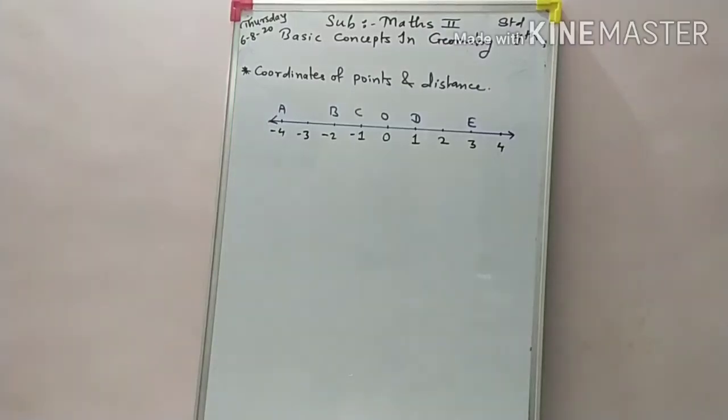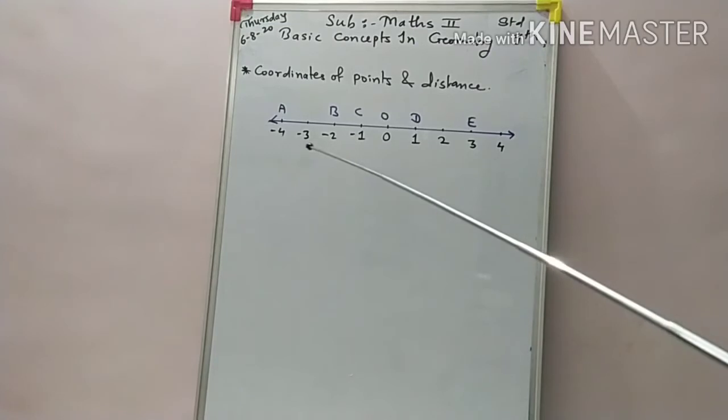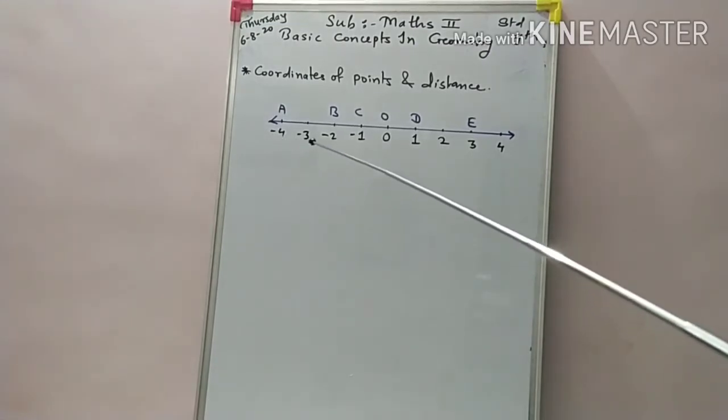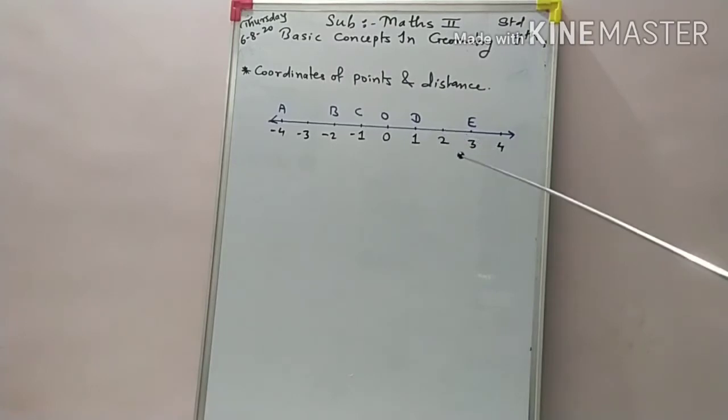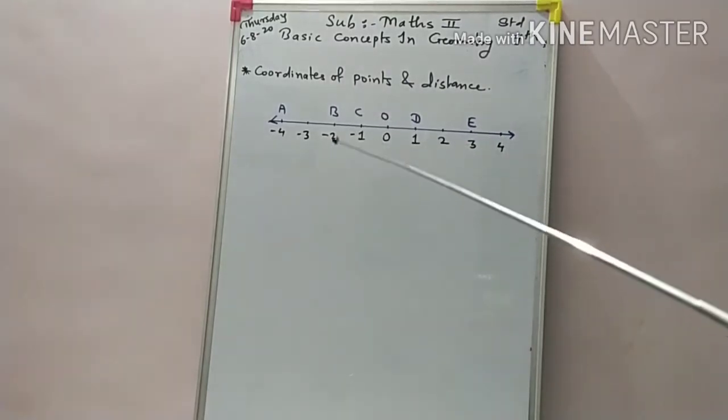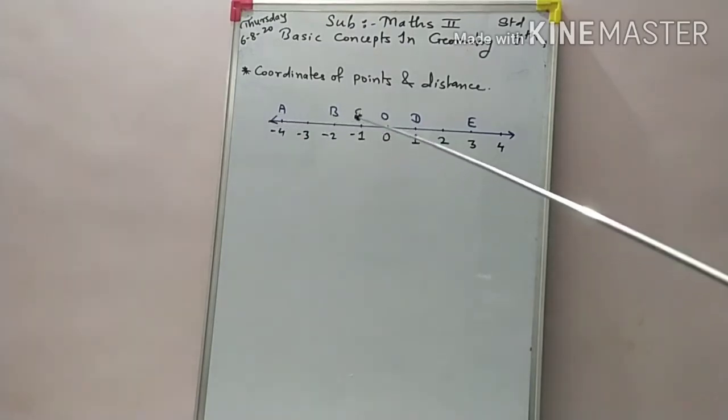In the first chapter, basic concepts of geometry, we have some concepts like point, line, plane that we already studied in our previous standard. Now, as you are observing the board, what I drew here is known as what? Number line. And in this number line, I take 0 here. The right-hand side of 0 is what? Positive integers, and the left-hand side is what? Negative integers. On some numbers I give capital letters like A, B, C, here is O,